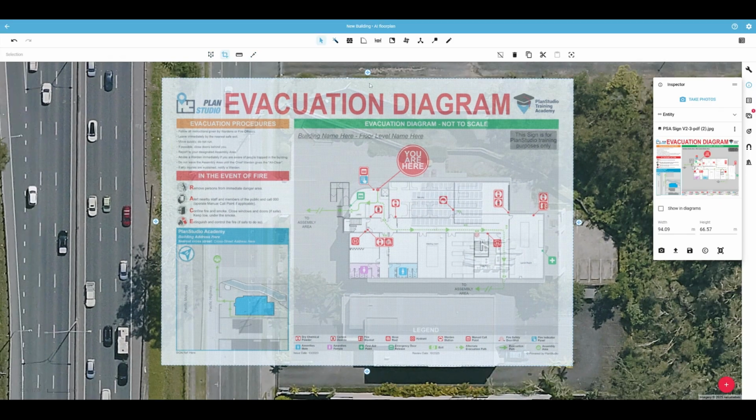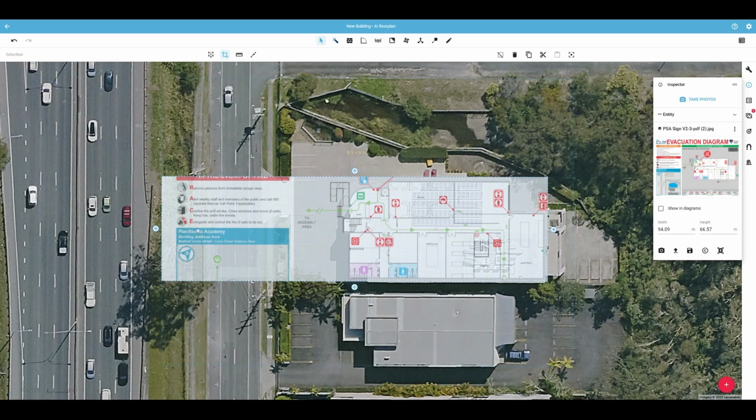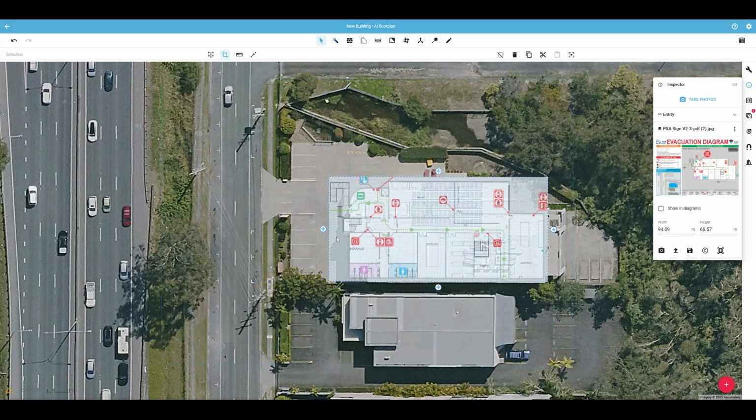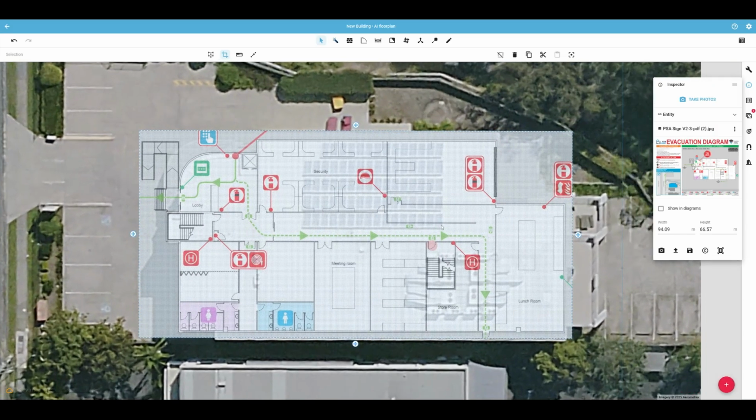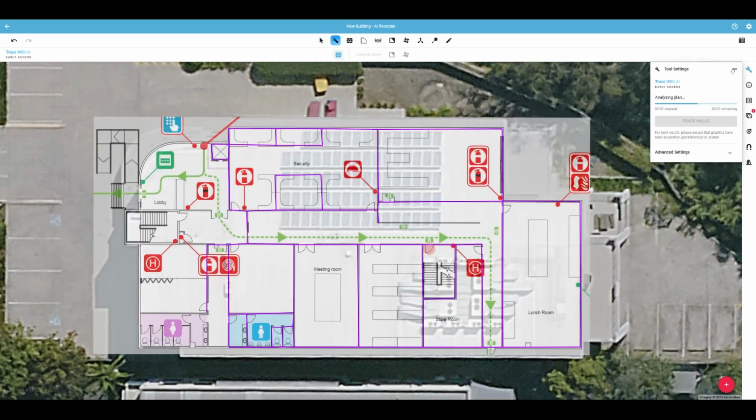of existing evacuation signs and highly detailed CAD plans. For this example, we will first crop the image to remove all the additional information on the page and leave only the floor plan elements remaining. We can now select the Trace tool, which I will dock to the left-hand side to keep open while we